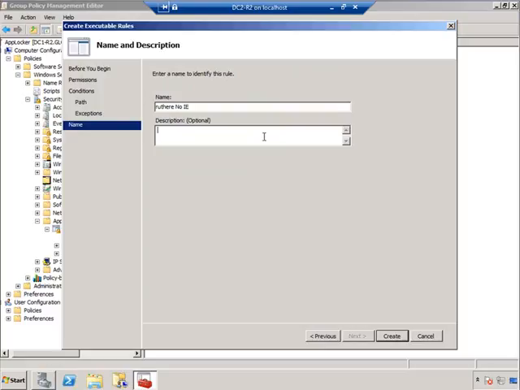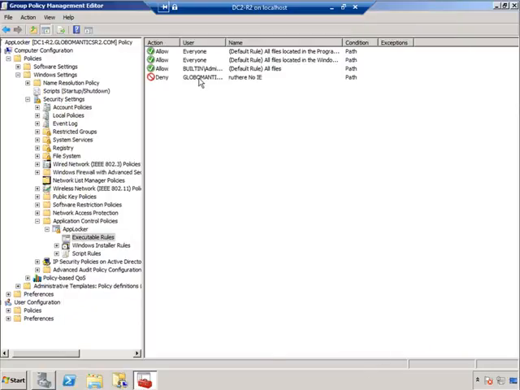And now in the description, we're going to say, Roger has been naughty, and we're not letting him play on the web. Okay? All right, there we go. And we'll hit create, and that's going to create the deny rule. All right, nifty. This should work a-okay, but before we try this out, we need to go back here to